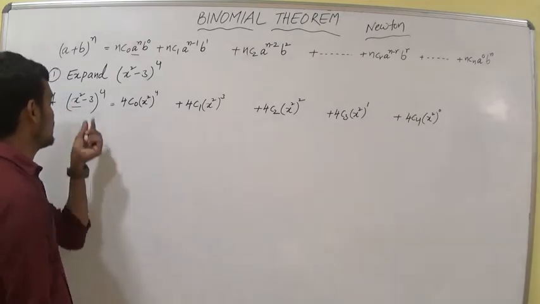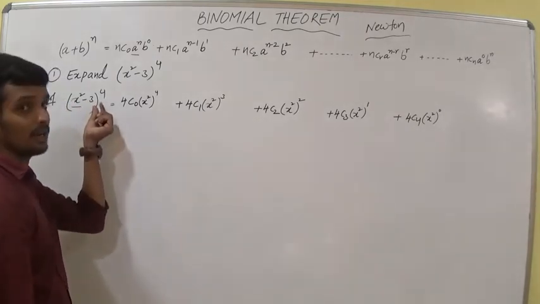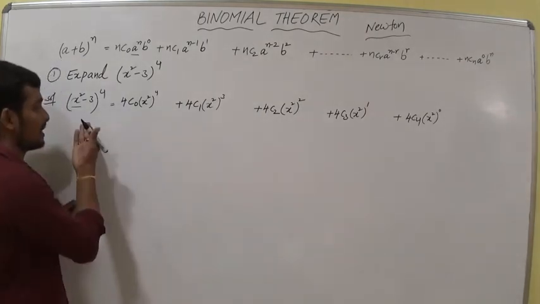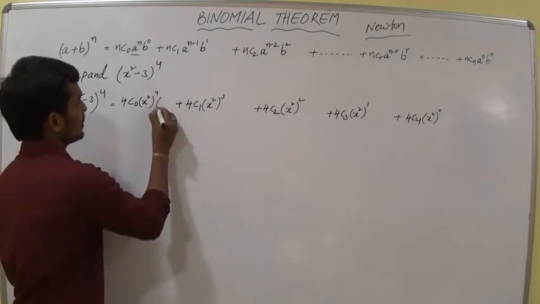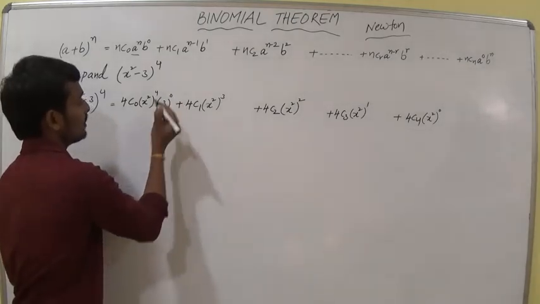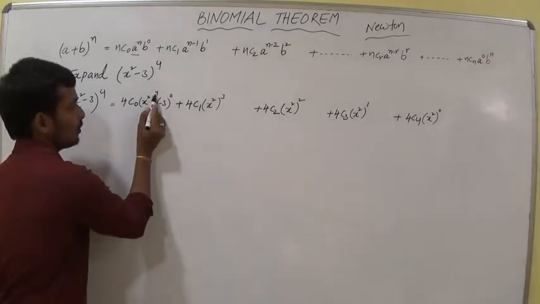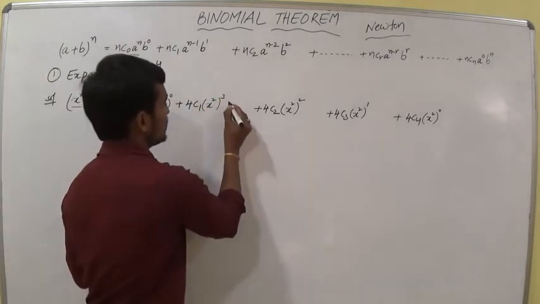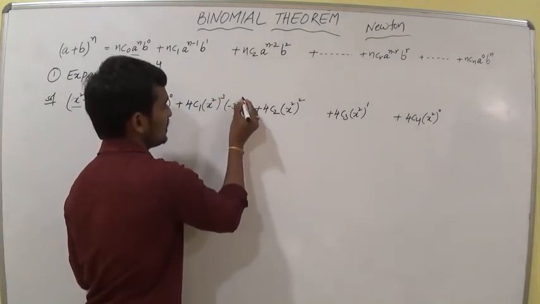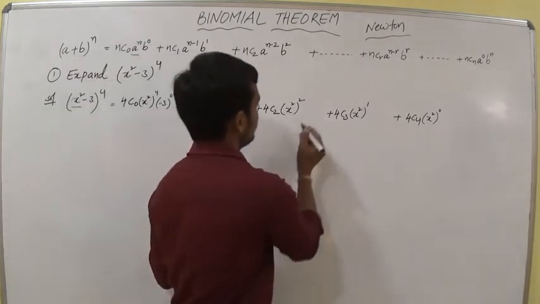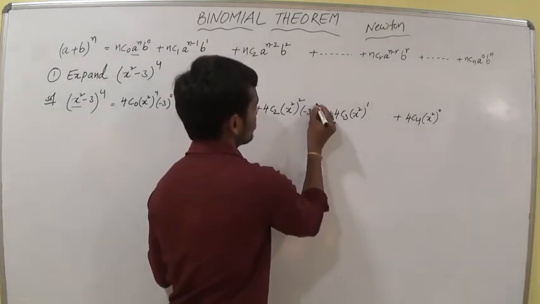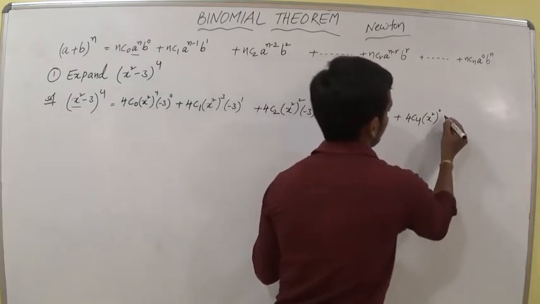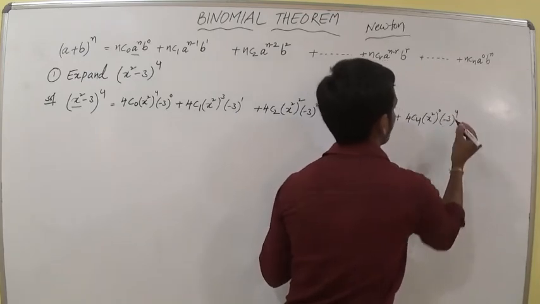So the next thing is the exponents of the second variable are increasing. What is the next variable? Actually this is not a variable, this is a constant number, 3. So now we are writing (minus 3) whole power 0. So observe here, 4 plus 0, 4 plus 0 is 4. So we are correct. Now increased by 1 means this is (minus 3) whole power 1. Here (minus 3) whole square. Here (minus 3) whole cube. Here (minus 3) whole power 4.